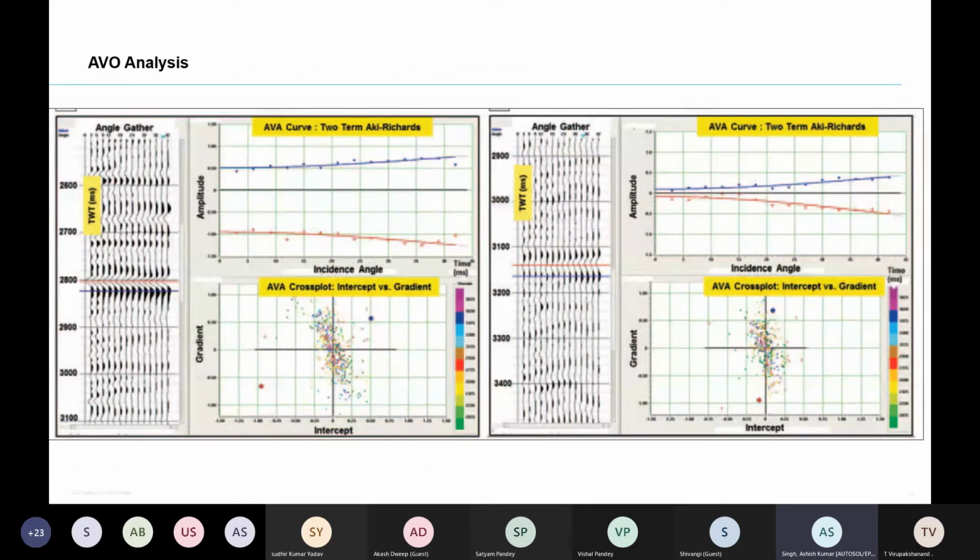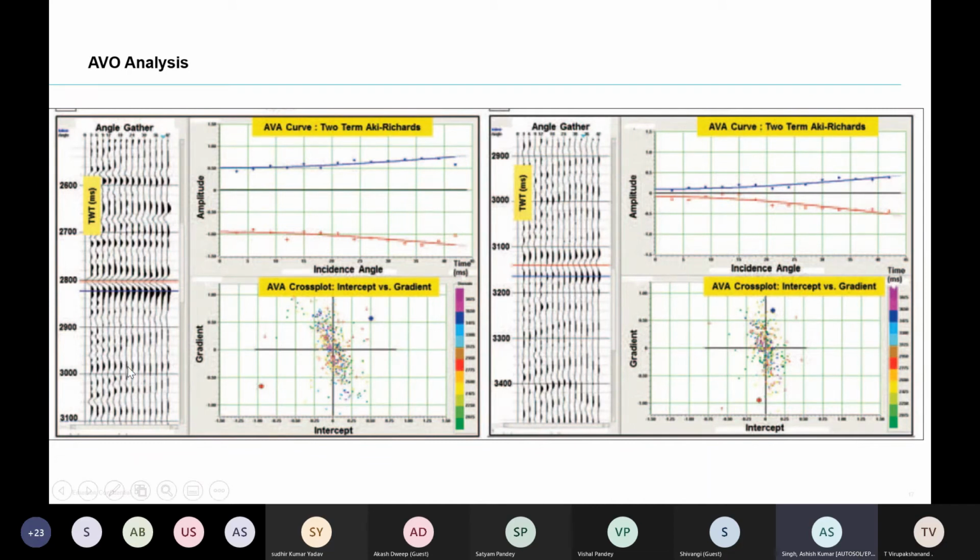Hello, anybody know the AVO you have learned? Yes, sir. We have learned AVO, sir, and its 4 classes also. Okay, so what about the class 2 AVO? Anybody? Class 2P? Anyway, okay, I will explain. No issue. I'm just asking because you should be connected to this presentation, because otherwise everything passes over your head.